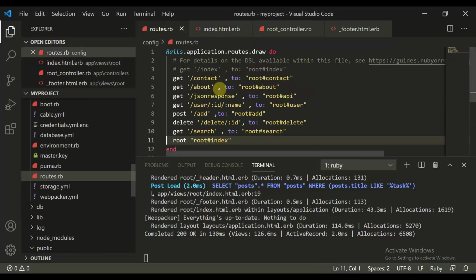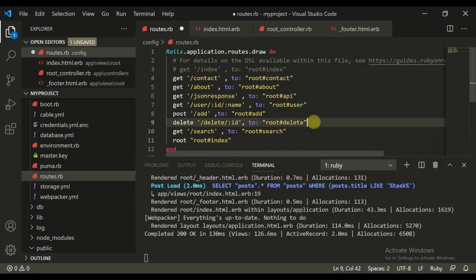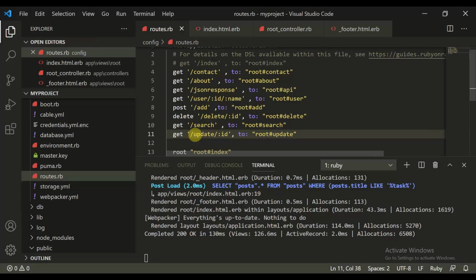Let's create a get method after the search. Let's copy this. We need to create a get request, then update and the root hash update. Yeah, this is fine.